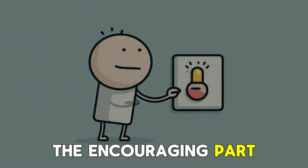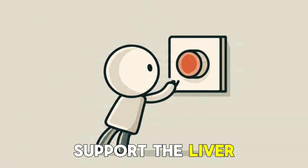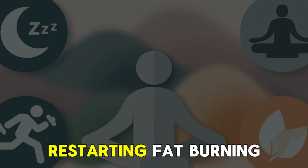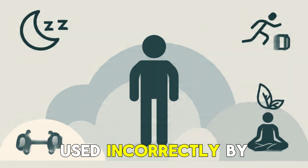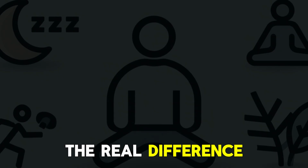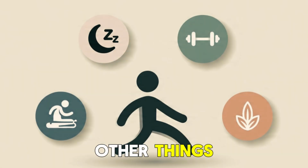The encouraging part is that there are 3 simple breakfast foods that may help support the liver in clearing stored fat and restarting fat burning again. One of these foods is often used incorrectly by most people. The real difference isn't just the food itself, but how you combine it with other things that can truly trigger